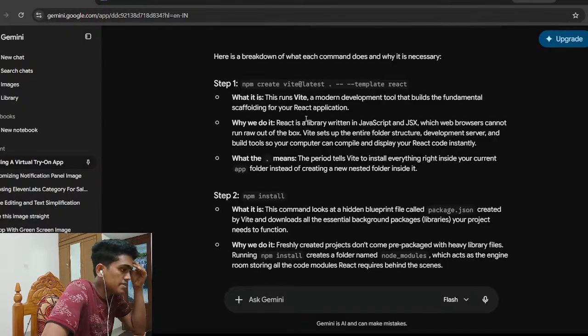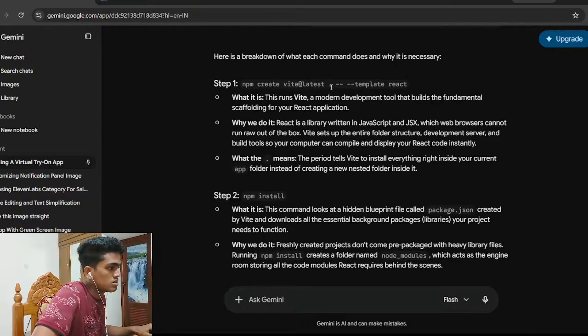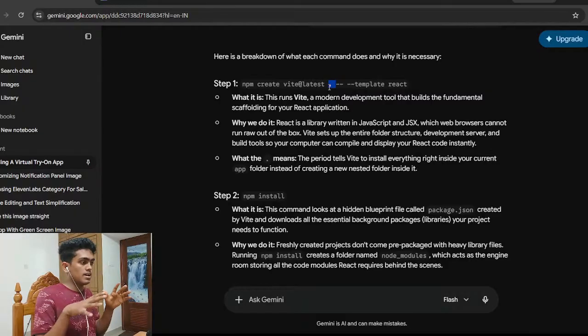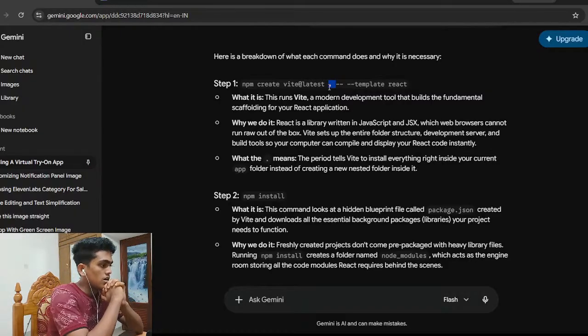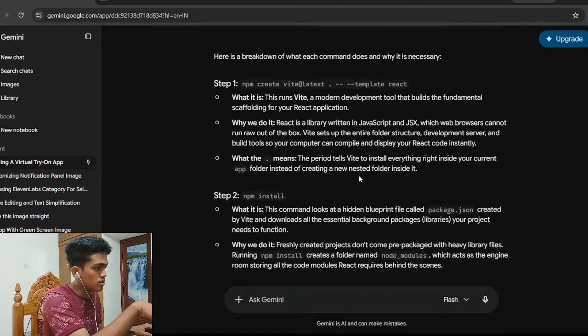So what does this period mean? The period tells it to install everything right inside your current app. So this particular period tells VS Code to install everything inside the particular folder. In my case, the folder is the app folder. It's written over the app folder instead of creating a new nested folder inside. Okay, so why do